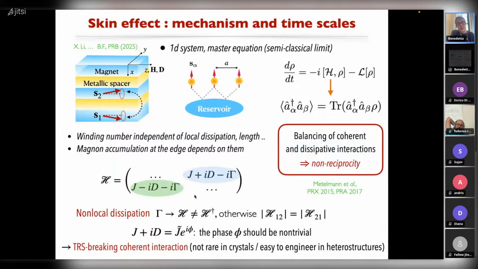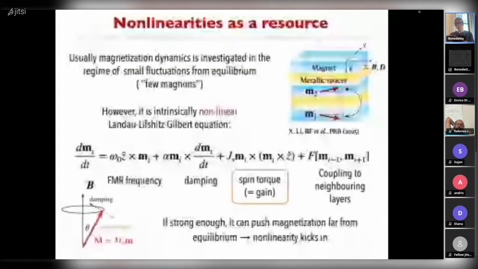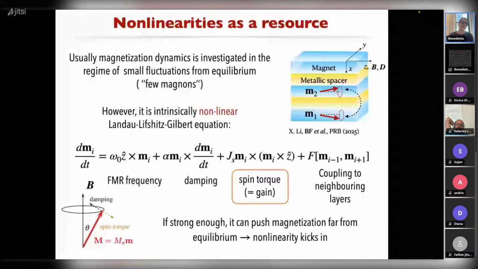So interestingly, these interactions are quite ubiquitous in magnetic systems. So in theory, the skin effect is there. However, getting back to the previous point, it's not obvious whether you should observe it or not, because microscopic details matter as well. So then we looked again a few years later at the same type of setup, and together